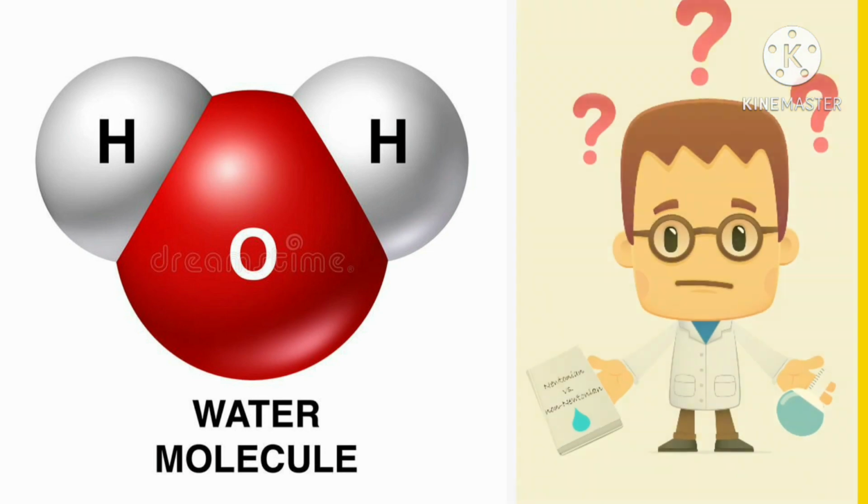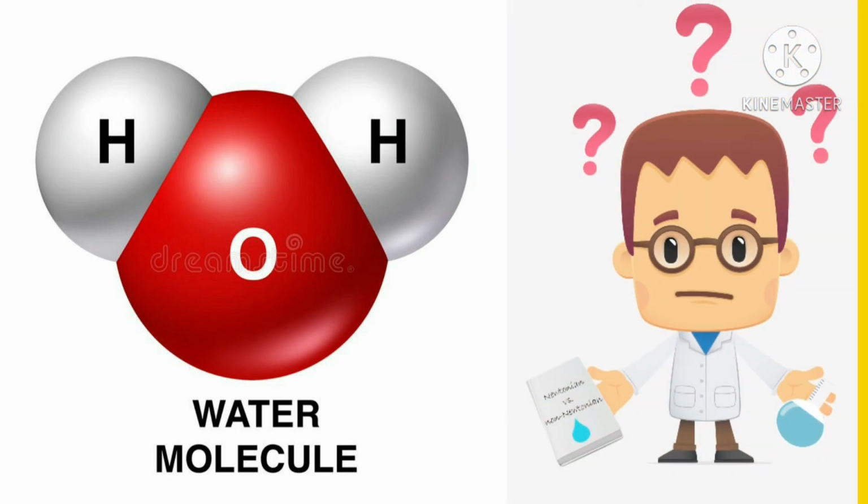Is it possible for any number of atoms of hydrogen to combine with any number of atoms of oxygen to form a molecule of water? No. For all the molecules of water to be identical, it is essential that the atoms of hydrogen and oxygen present in the molecule must be in fixed numbers. If this number is not fixed, how could all the particles of water be identical? So children, each molecule of water contains two atoms of hydrogen and one atom of oxygen.